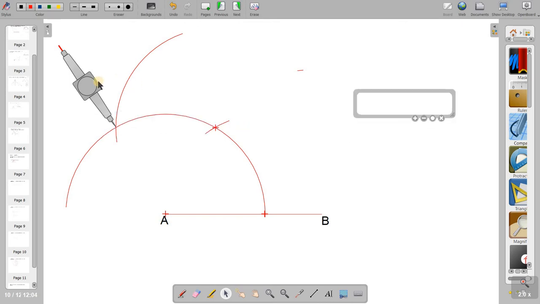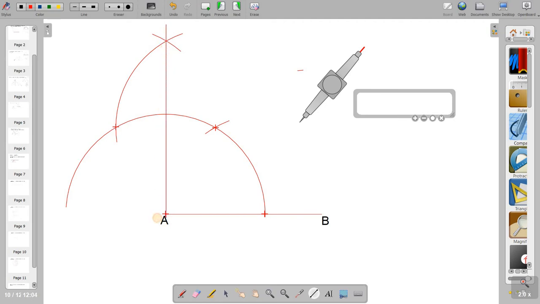It's kept exactly at that point. I just have to rotate it. I have to make an arc. So I'll just... the tip is activated. Now one more line drawn. Now I got the perpendicular line. Perpendicular line I have drawn here. It is just passing through this point of intersection of the arcs and the initial point A. This line is perpendicular to AB, drawn at A using compass.